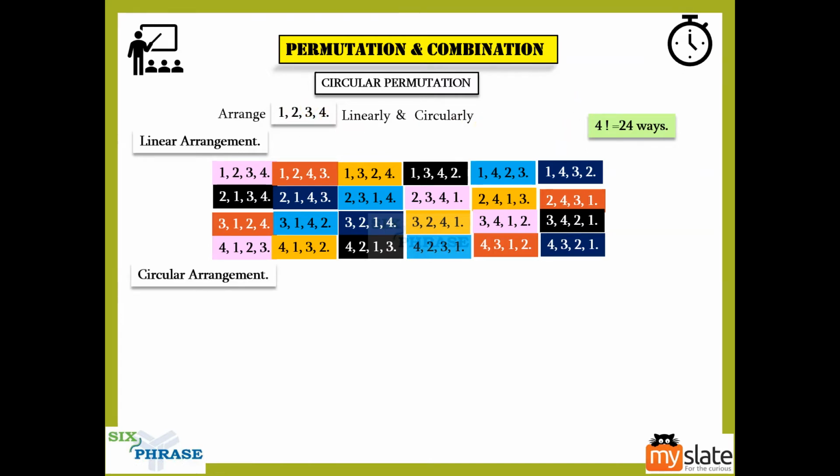Now circular arrangement, you tell me what the answer is for circular arrangement. You already know it, right? Without doing all the diagrams, if linear arrangement is n factorial, circular arrangement is n minus 1 factorial. So if here linear arrangement is 4 factorial, what will the circular arrangement be? You need 4 minus 1, 3 factorial. What is 3 factorial? 6. So there are 6 circular arrangements you have to make to represent all these 24 cases.